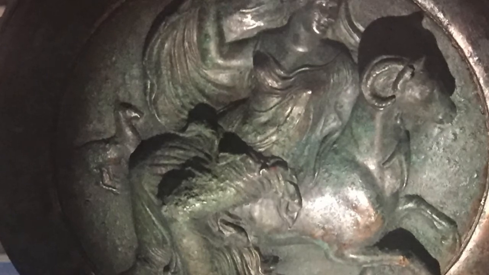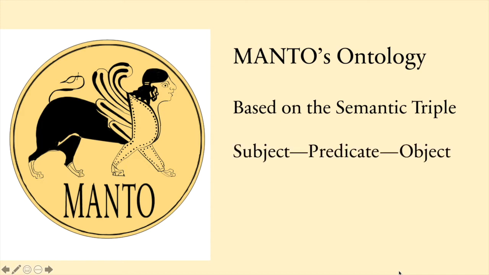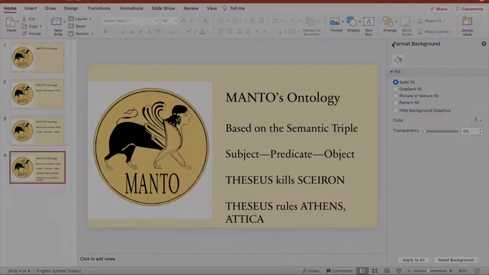Turning to our ontology, that's the term used to establish the organization of the data in the database, that's based on the idea of a semantic triple, which is basically the structure of subject, predicate, direct object that allows data to connect to the wider linked open data environment. In our ontology, the subject and object can be an agent, heroes or gods who do things, places, or objects.